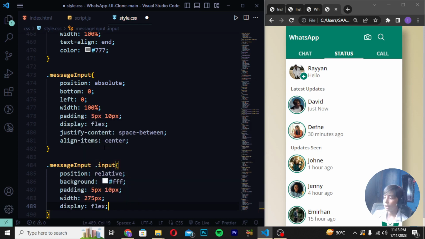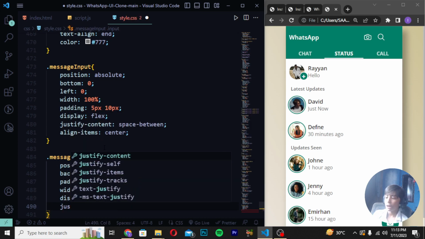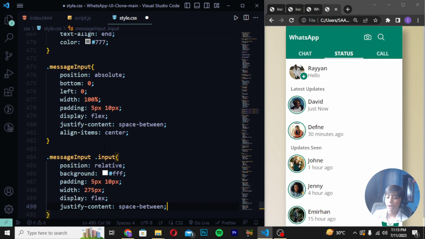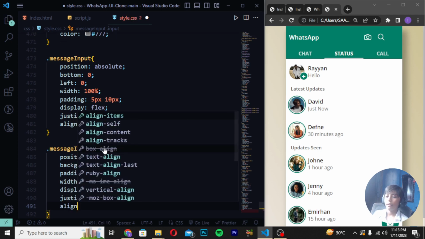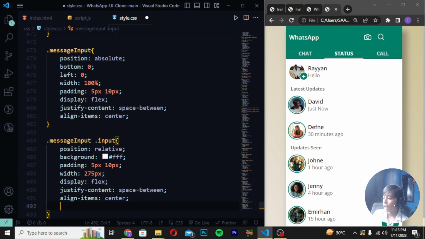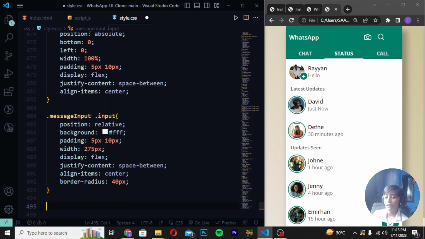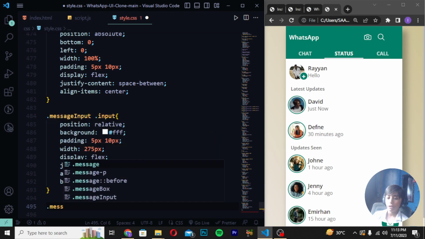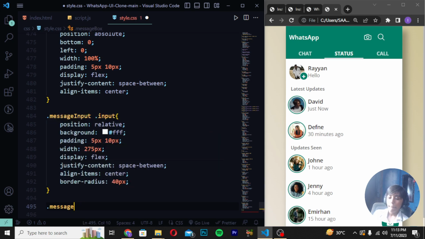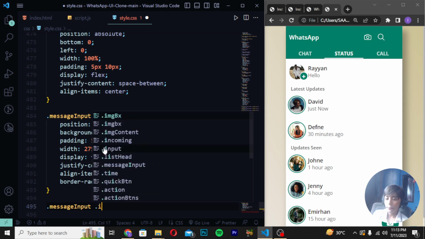display should be flex, justify-content should be space-between, and now here I will write align-items should be center, border-radius should be 40 pixels, enter. And now what we can do, .message input, .input should be